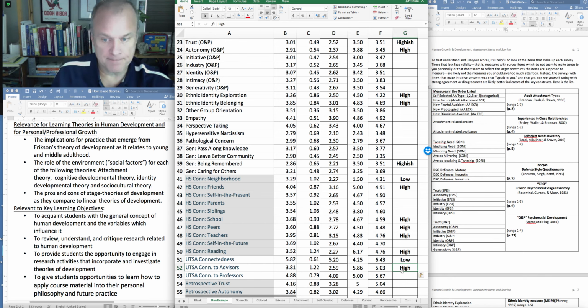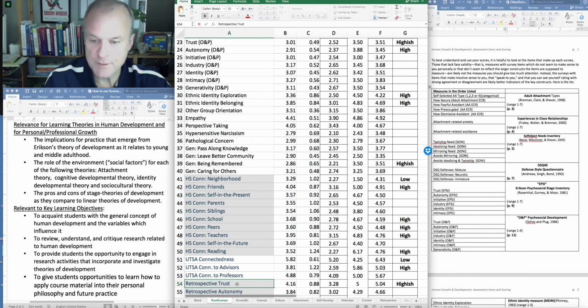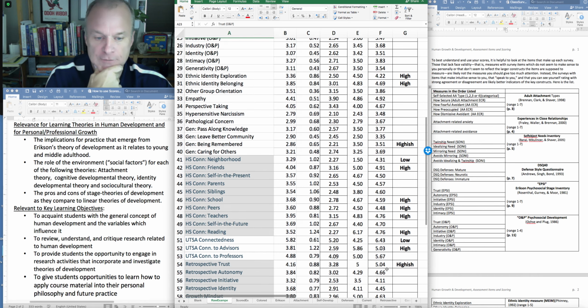High. Average. Ooh, that's high-ish, huh? Now here's an interesting one, right? Where we have the retrospective trust. If I remember from earlier, the ONP was high-ish, right? So that gives evidence that our measure of trust correlates with the current measure of trust. That's some sort of concurrent validity evidence. Good for us. Okay, average,